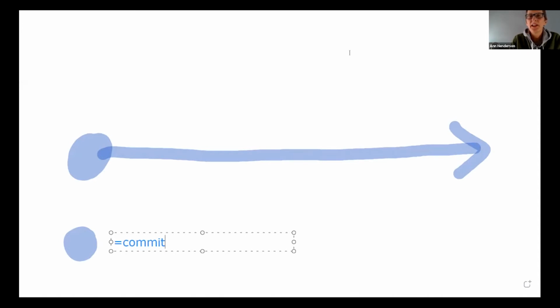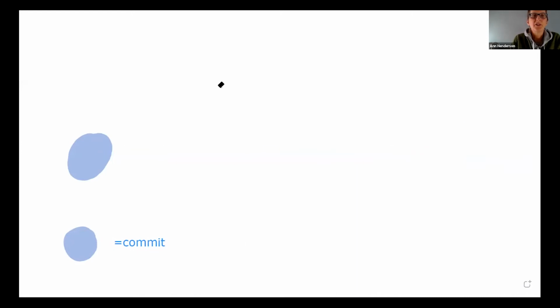So I'm going to erase this line here so we can just go back to this original commit. So we're going to start writing some code. This commit represents your beginning code. You've got your first part of it, and it's working, and you're going to commit to it. So that's it. Now you're going to start writing your code, and you add some more stuff, and it starts